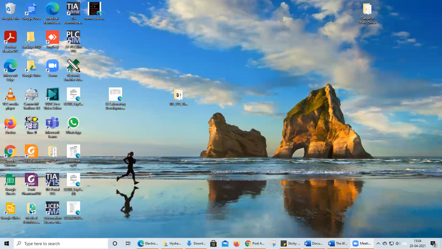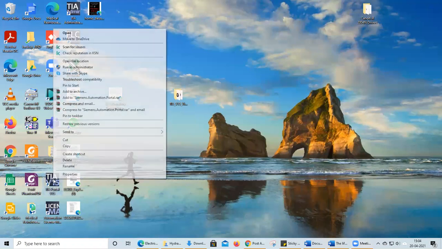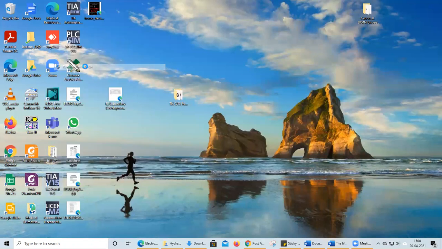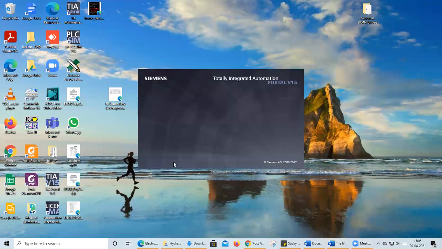Okay, I will say from the beginning how to start also. Please follow the instructions. Right click on the TIA portal and click the run as administrator option, and click yes, for opening TIA portal.